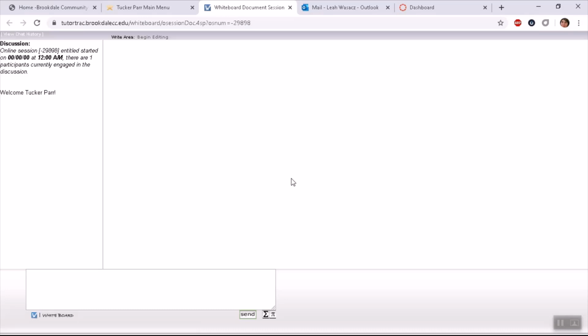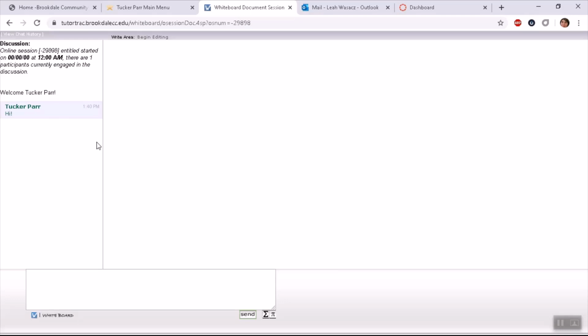This is the screen that you'll see. You can see on the left is a chat area, and on the right is a blank area that we'll use for the essay. You'll interact with your tutor through the chat, and you'll look at the paper through the right area. So first things first, let's just say a message to let the tutor know that we're here. You type something into the box, and then you click send, and it shows up in the chat. There isn't a tutor right here, right now for this demonstration, but your tutor will respond to you through the chat log.